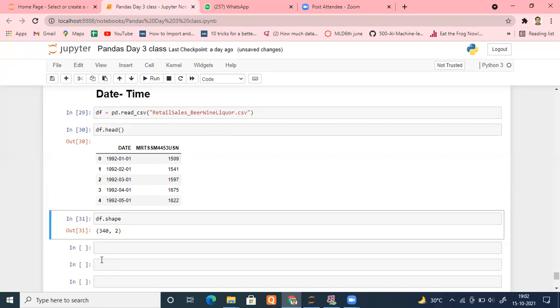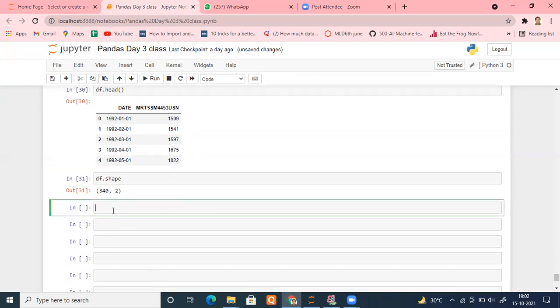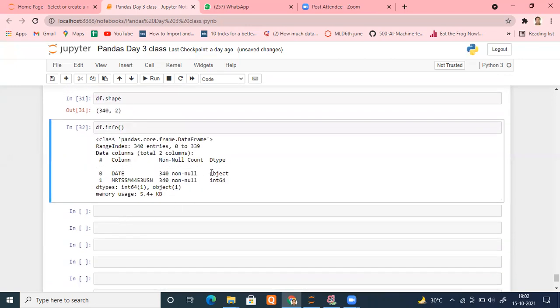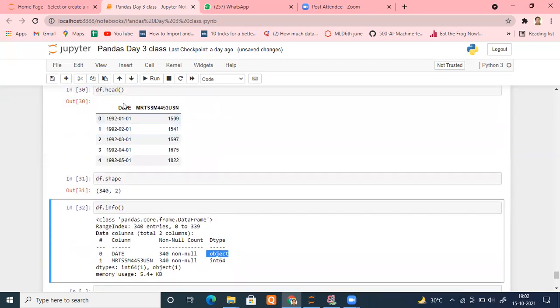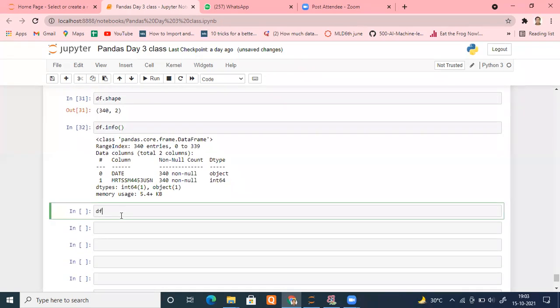But this is a date. But in fact, in this data set, if you check it, it's not a date. In fact, we have to convert it into the date. Let me run df.info. Check it. It will show object. See, it is treating it as a string. As simple as that. For example, if I type df and the name is date, I guess.